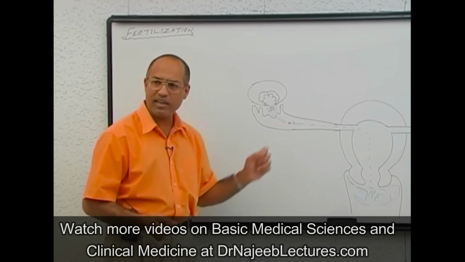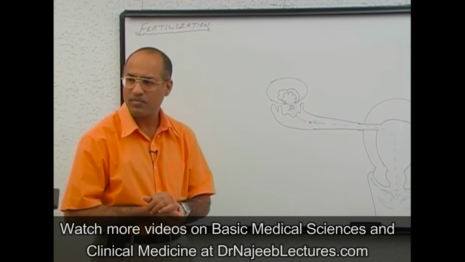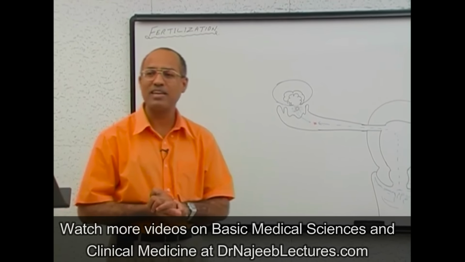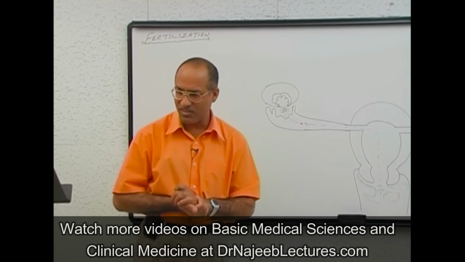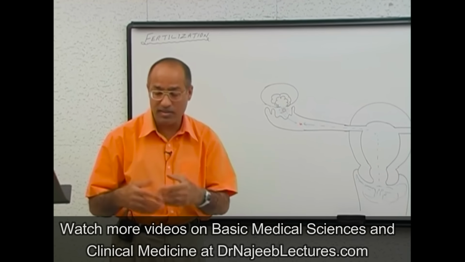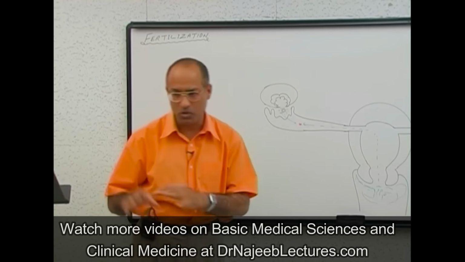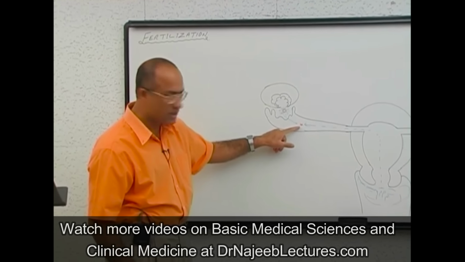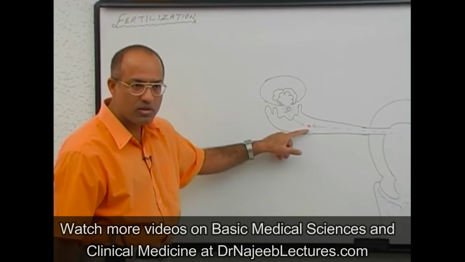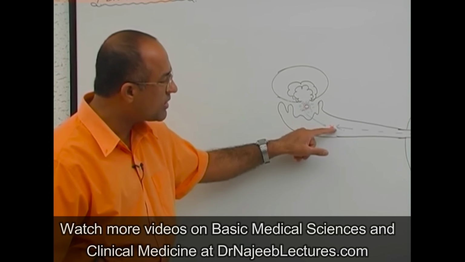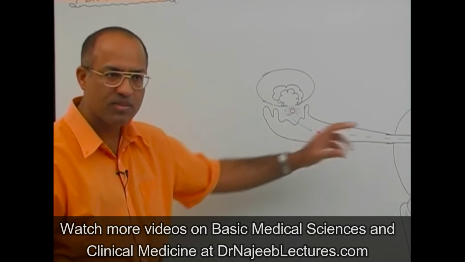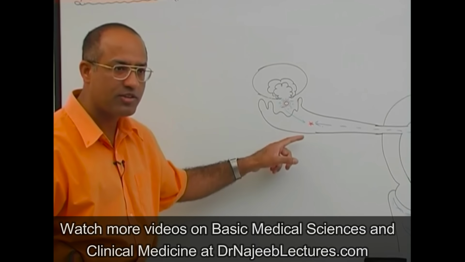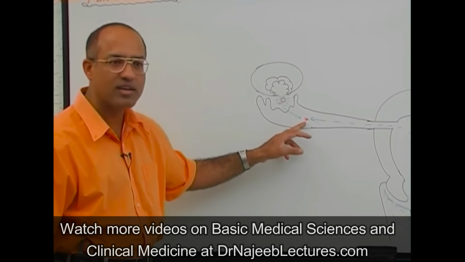And what is the life of sperm? They survive at least for 48 hours. But in some situations, they survive for many days. We'll talk about that later. Now, ovum will reach here and survive for about 24 hours. Meanwhile, it may be traveling towards the uterine cavity. But if fertilization is going to happen, most commonly it occurs here.